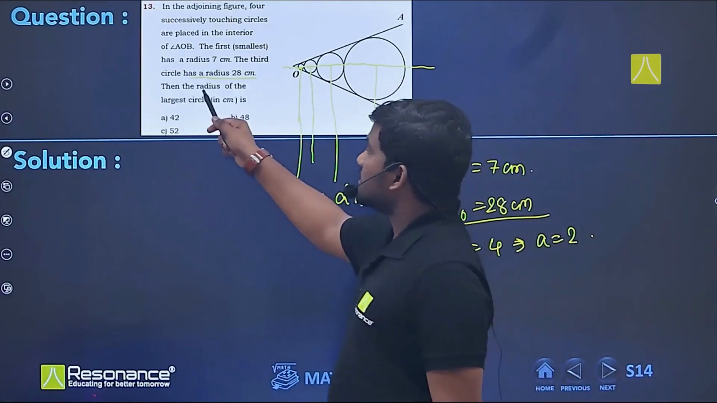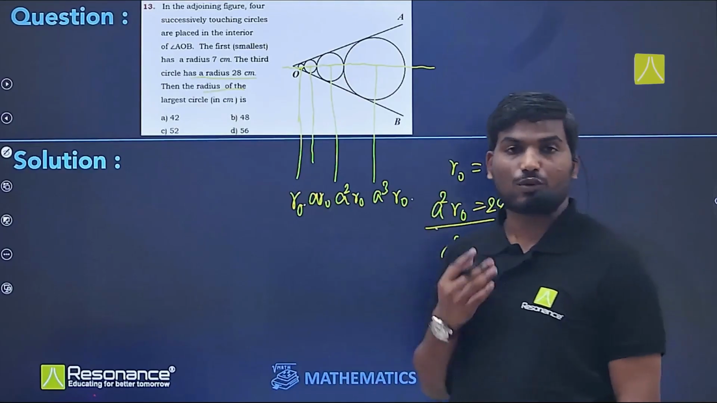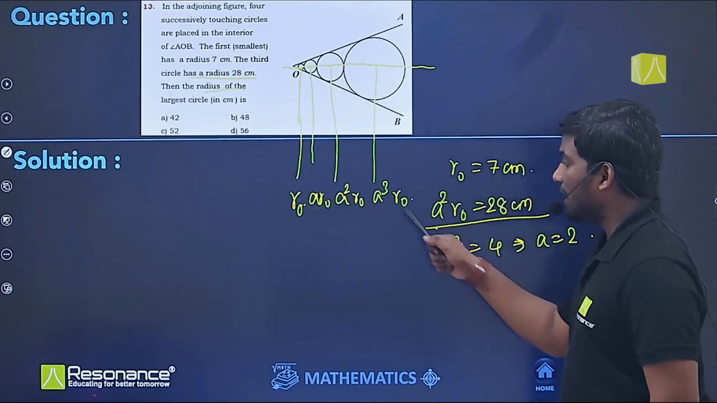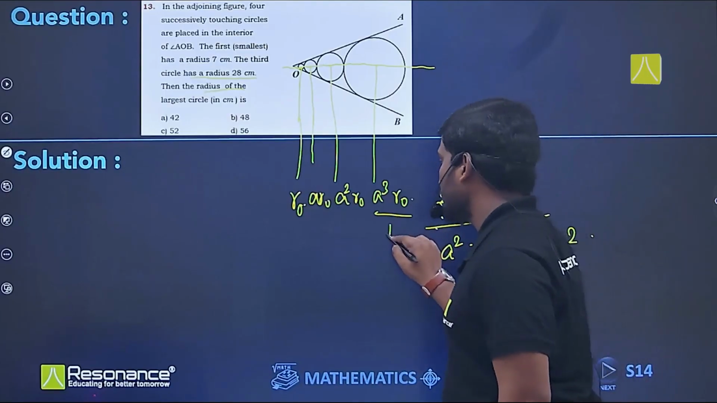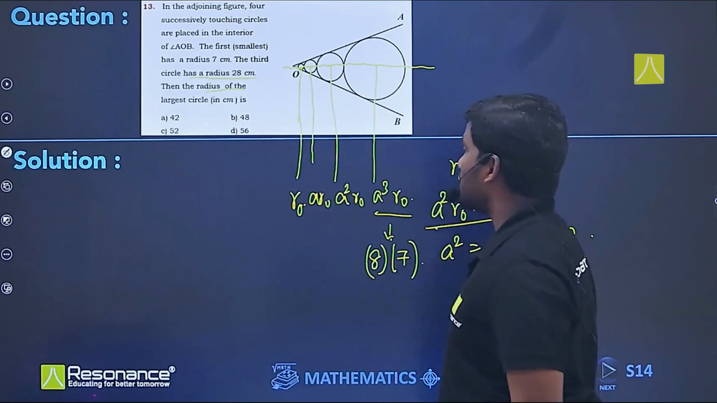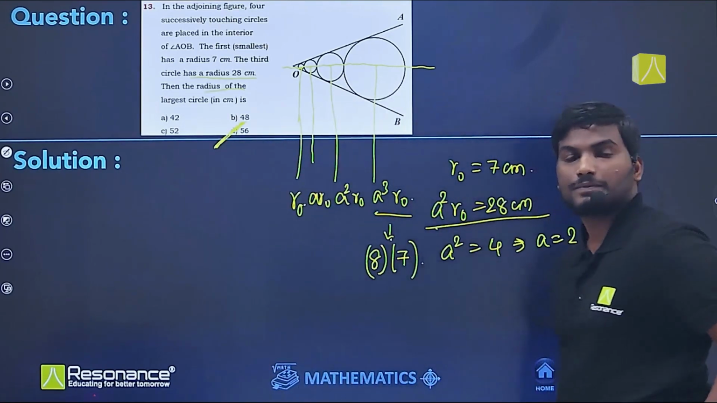Now based on this, the largest circle in the sequence is the fourth circle, for which the radius would be a cube into r0, which is 2 cube, 8, into r0, 7. So this would be 56 centimeters. Got it? So now